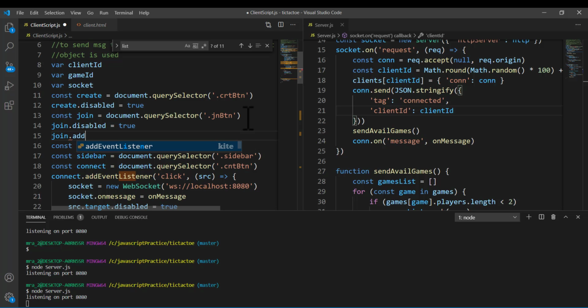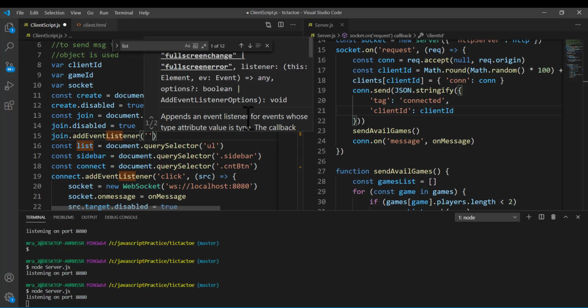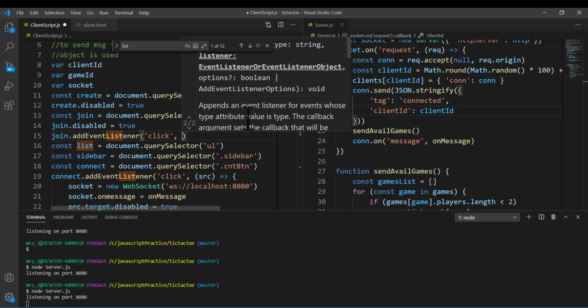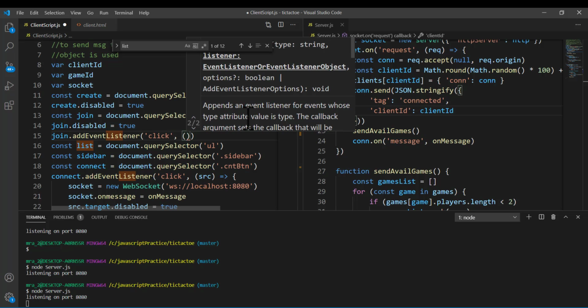So add event listener, we are interested in the click event, and here what shall happen, this should send a request to the server that this particular client wants to join this particular game ID as its player number 2. So again, it's a simple 3 or 4 line statement maximum, so we are going to go for an arrow function,